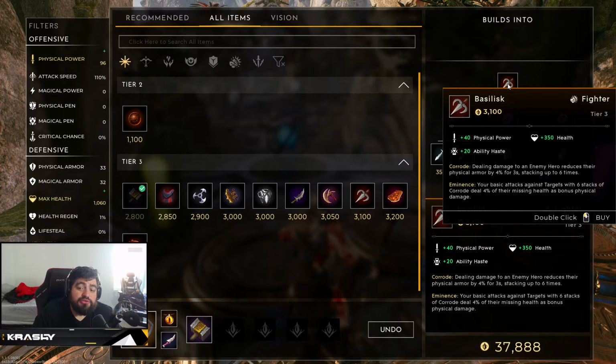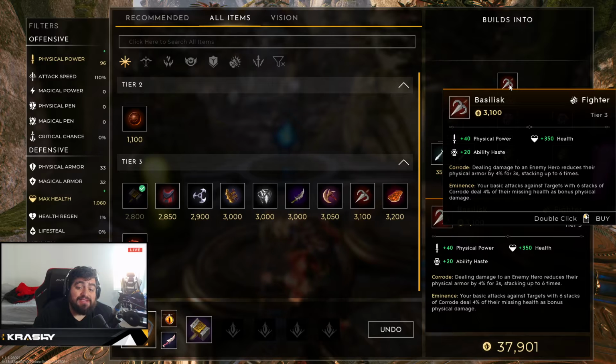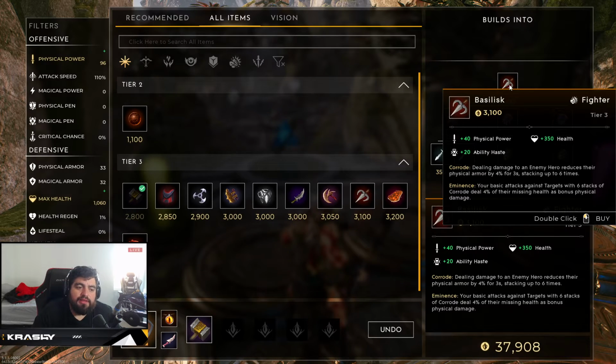Corrode: deal 4 damage to an enemy hero. Dealing damage to an enemy hero reduces their physical armor by 4% for 3 seconds, stacking up to 6 times. So this is armor shred. When you hit somebody, you're reducing their armor, effectively dealing more damage to them, and also if you're hitting someone and reducing their armor, your other allies, like your AD carry, are also going to be hitting them